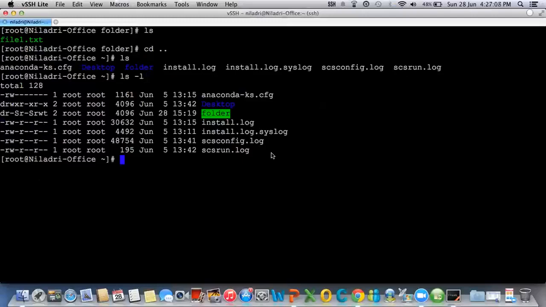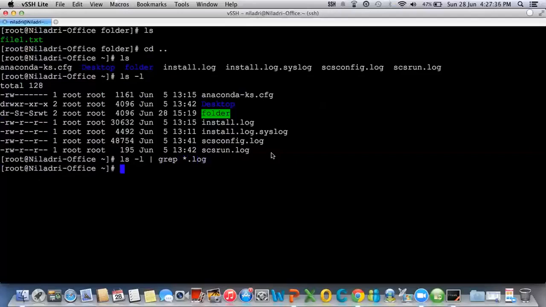I wanted to only see the log files which are available in my system. So what I'm gonna do is say ls -l, and then I'm gonna add a pipe symbol, which will help me filter the command output based on the filter options I mention after the pipe symbol. And then I say grep, and inside double quotes or without double quotes, I'll mention